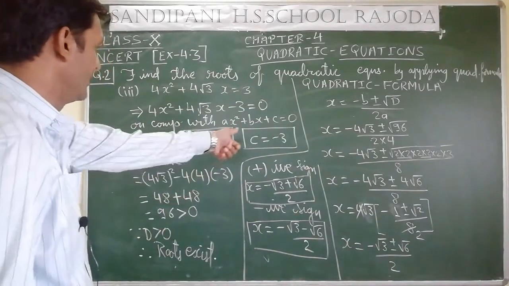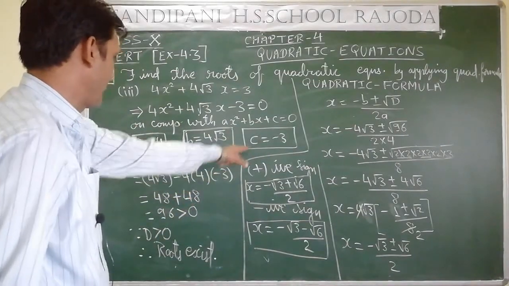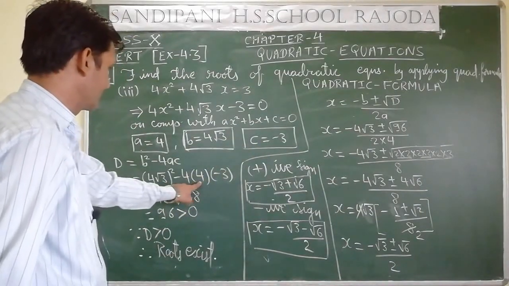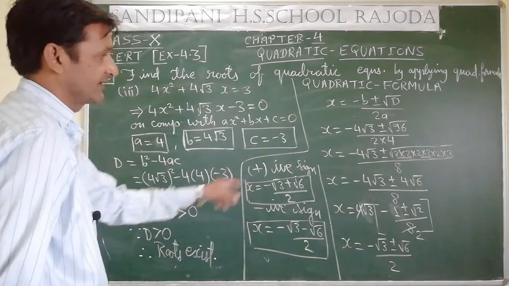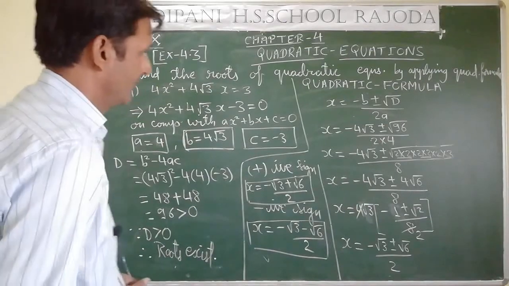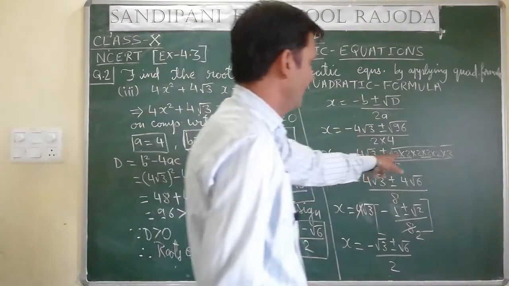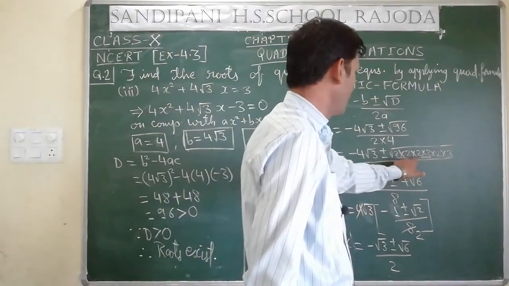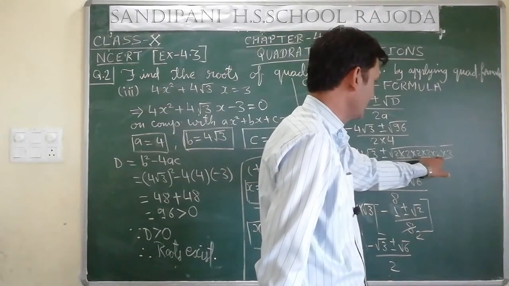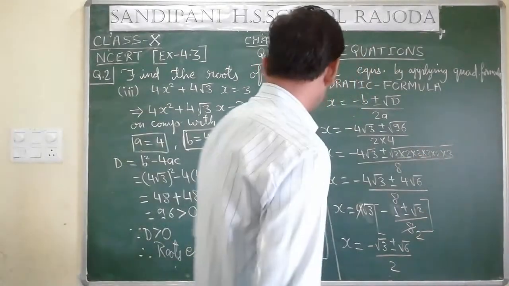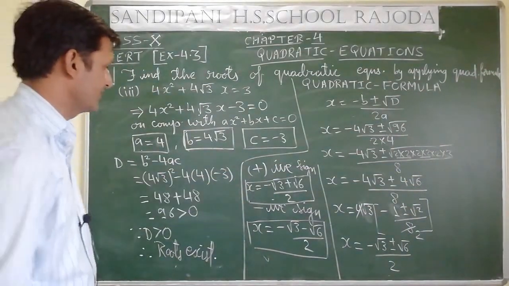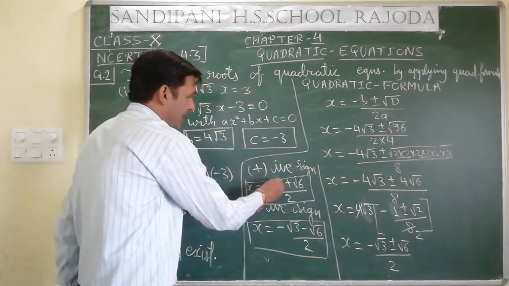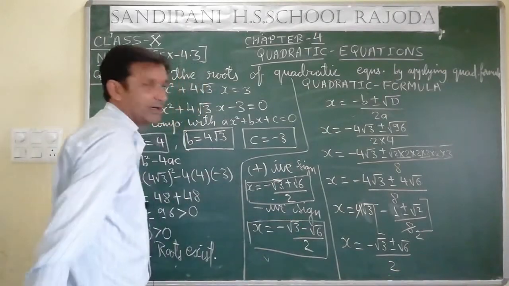In place of c, it is minus 3. So it is 4, 4 4s are 16, 3 16s are 48. 48 plus 48 is 96. So 96, you may take 4 from here, 2 4s are 8, 8 2s are 16, 16 2s are 32, 32 3s, that is 96 only. So these are the final answers for this question. You may take minus sign common from here also. This question is over.